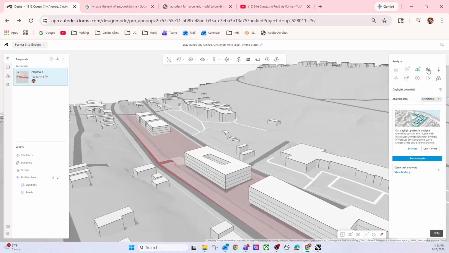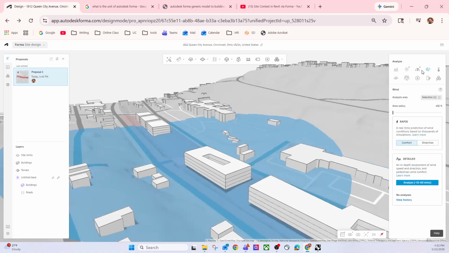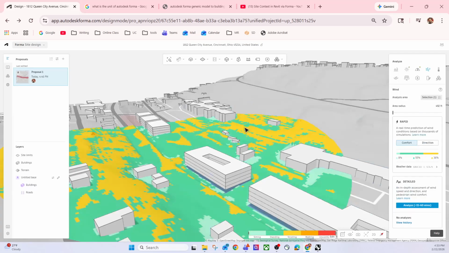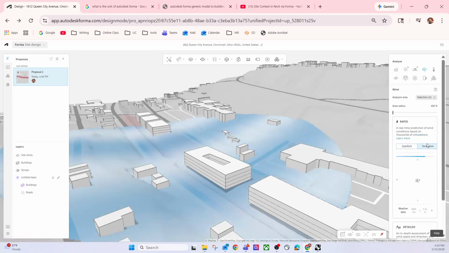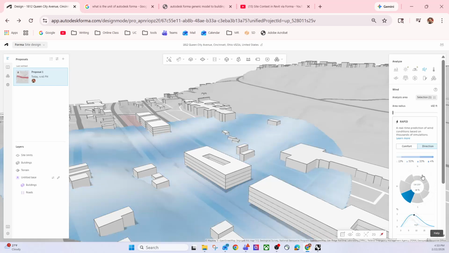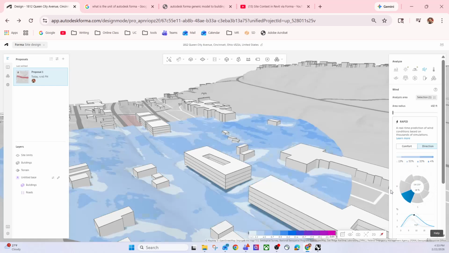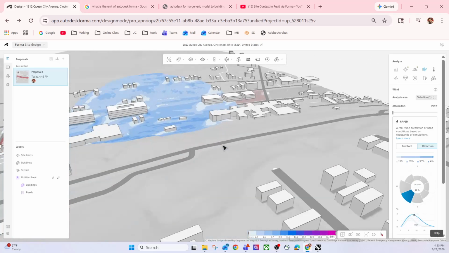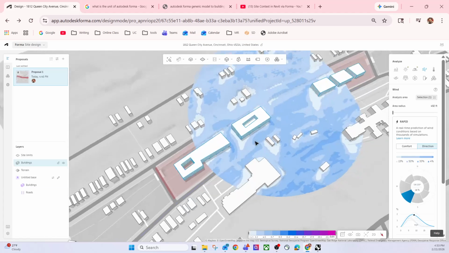So I will do another quick one. It's called wind analysis. So here it is just calculating the wind pattern in a very small region. Then you can view the history. You can see the detail. You can click direction. You can see in this area the majority of the wind comes from the southwest. You can see the wind speed. There's all kinds of data you can use to help you define